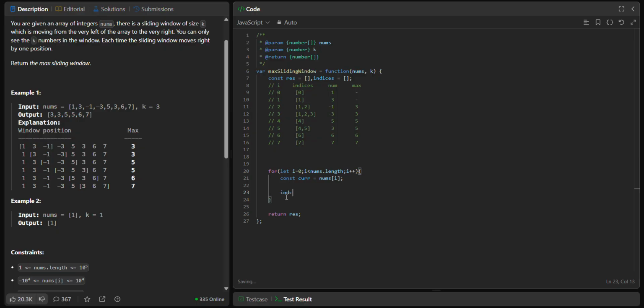Okay, and this is not push I. If indices dot length is greater than 0, right? So from here onwards, here at index 0 we have to check